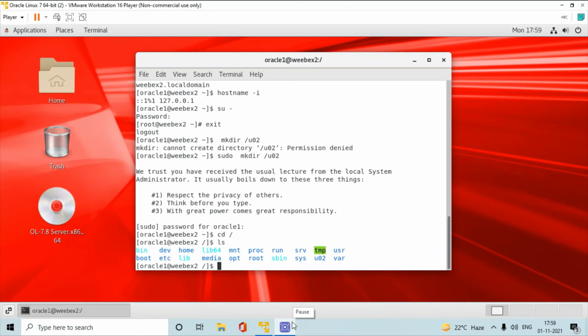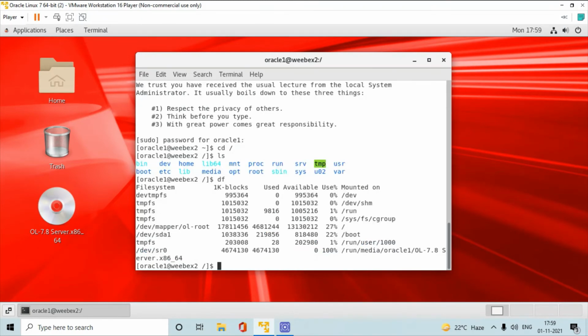You have to remember these commands mainly because these are more important. These are used in WebLogic also. The df command, disk file system. It will display the total file systems with how much memory is used, percentage wise. Okay, this is the use of df.